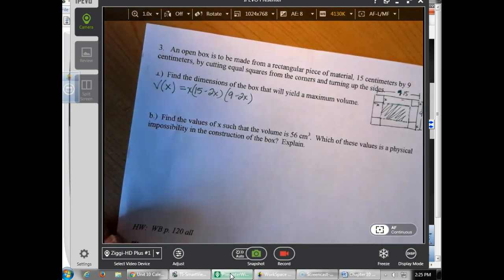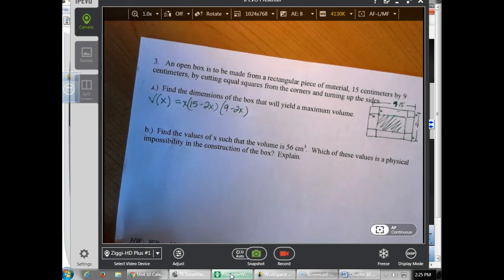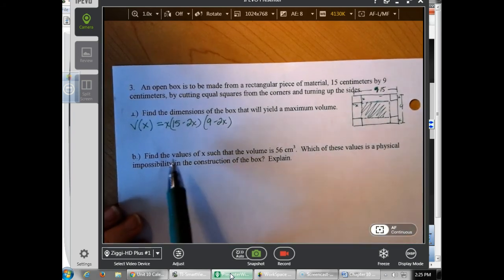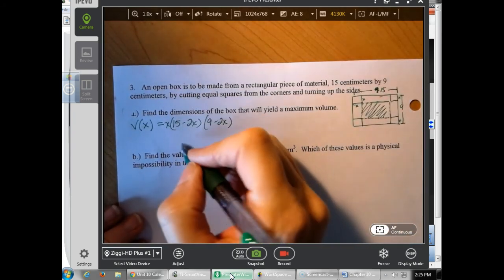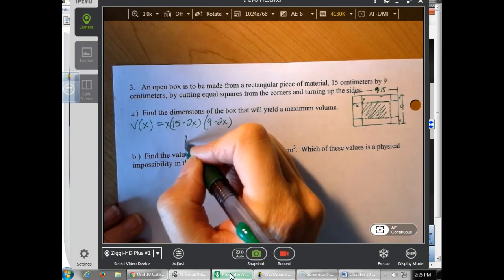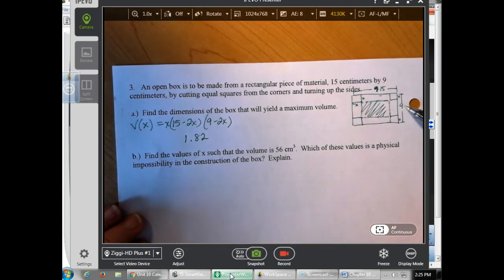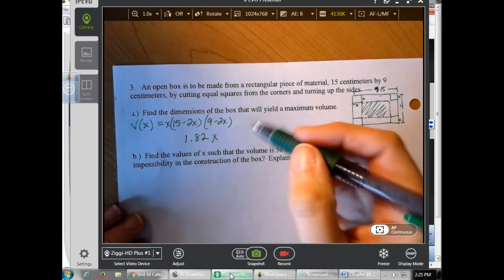So again, we just did something a little bit different there. So I am going to have, hold on just a second, 1.82, and I need the dimensions here. So it's going to be 1.82, and then all I'm doing is basically saying that's my x, so that's going to be this height right here, okay? And then I need to do 15 minus 2 times 1.82, and that's going to give me